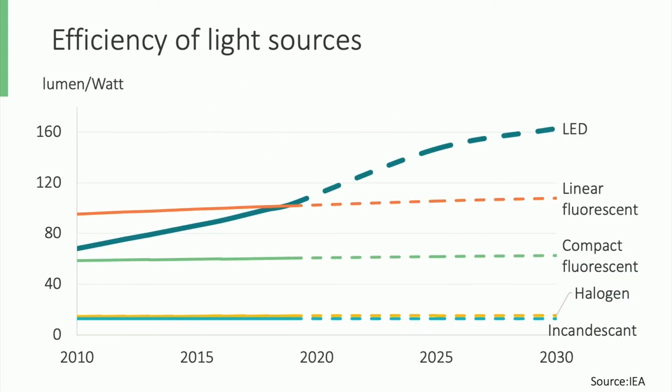This is further illustrated in this graph showing the achieved improvements in energy efficiency over the last decade and expected efficiency improvements up to 2030 for lighting technologies still in use that include LED, linear fluorescent, compact fluorescent, halogen, and incandescent lighting. The picture shows that the efficiency of LED has more than doubled, while efficiency of the other lighting technologies hardly improved. This is resulting from the fact that investments in energy efficiency improvements are targeted at LED technology, which is rapidly dominating the lighting market.